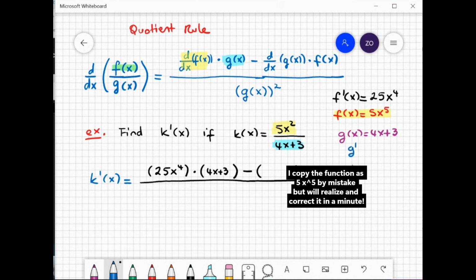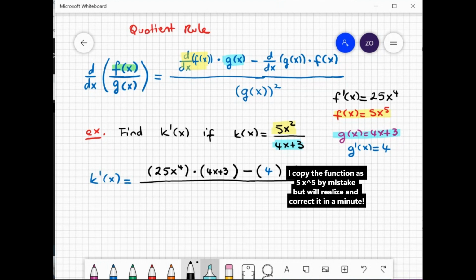So what is the derivative of the g function? So this is the g function, and its derivative will be simply 4, because the derivative of 4x is 4, derivative of 3 is 0. So here we just have a 4, okay, 4 for the derivative of the g function,